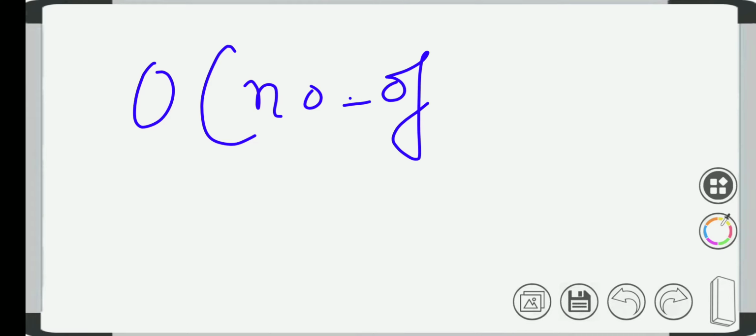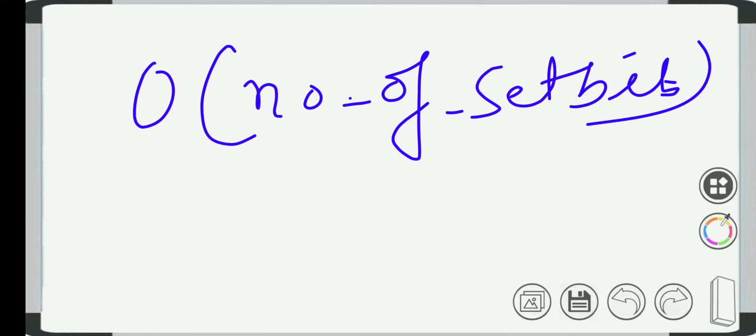Here let's talk about the time complexity and space complexity of this algorithm. The time complexity of this algorithm is big O of the number of set bits, and the space complexity is big O of 1.